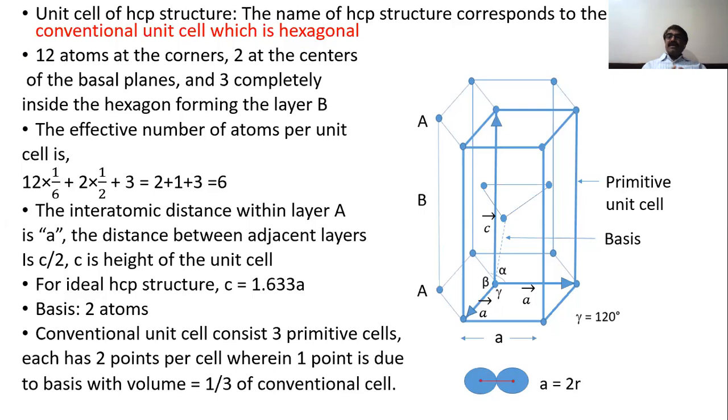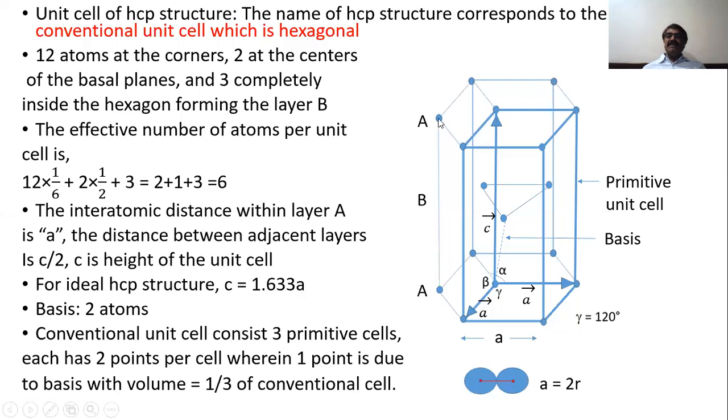It is clear from its conventional unit cell. So the conventional unit cell of the hexagonal close packed structure is represented by this diagram, and as you can see in the hexagonal lattice in the previous article of 3-dimensional lattice, this is the hexagonal unit cell, consisting of 6 plus 6, that means 12 atoms at the corners. So 1, 2, 3, 4, 5, 6, 1, 2, 3, 4, 5, 6. 12 atoms are at corners, and 2 at the centers of each basal plane.